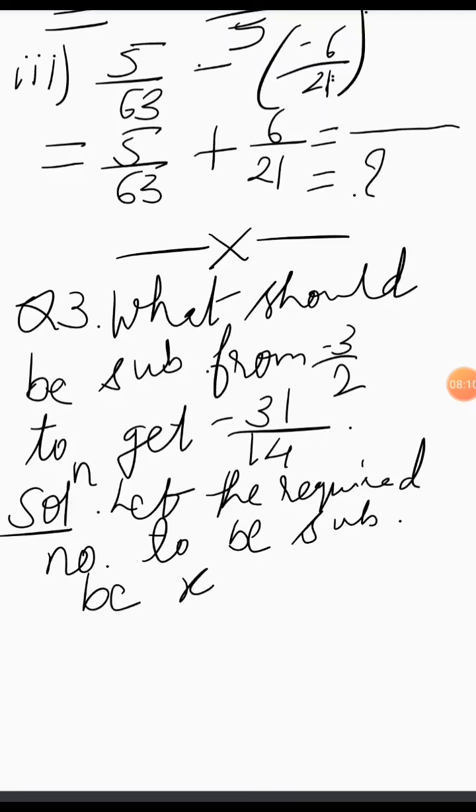What should be subtracted from minus 3 by 2? So what we have taken from minus 3 by 2, you will subtract x. Now according to question you have to write